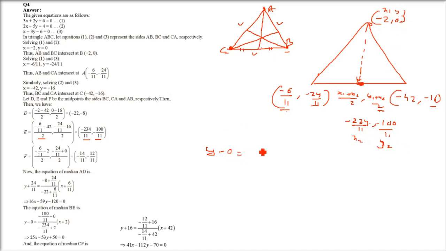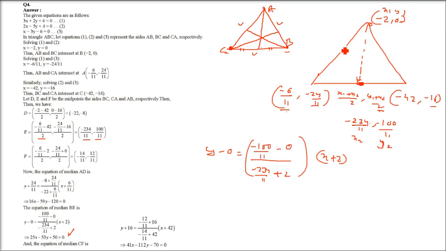So y minus y1, that is y minus 0, over x minus x1, that is x minus of minus 2, that is x plus 2, equals y2 minus y1, so minus 100 by 11 minus 0, over minus 234 by 11 plus 2. So this is the equation, and when you rearrange it, you are going to get the equation like 25x minus